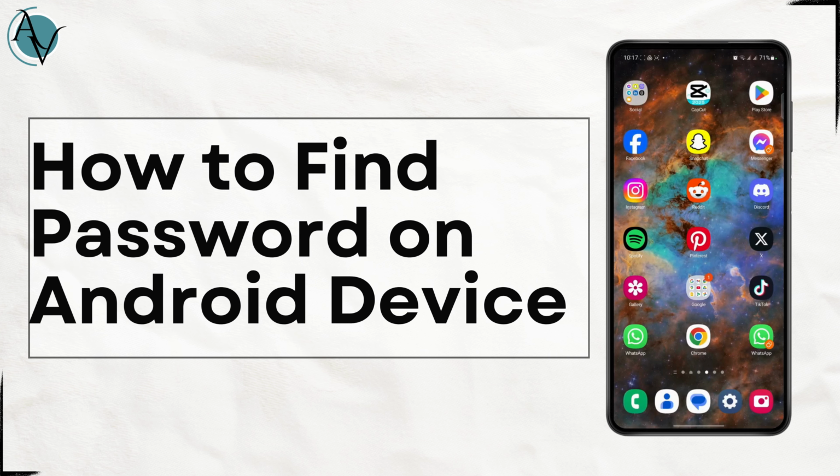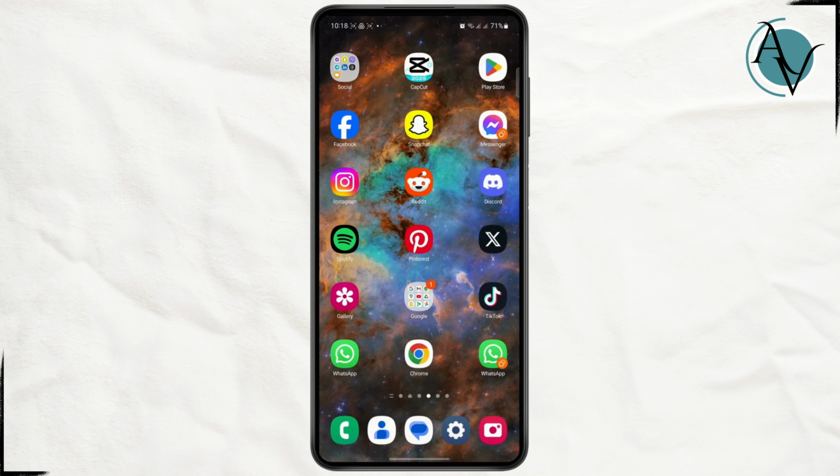How to find your password on your Android device. Hey everyone, in this tutorial, I'm going to show you guys how you can easily find your email's password on